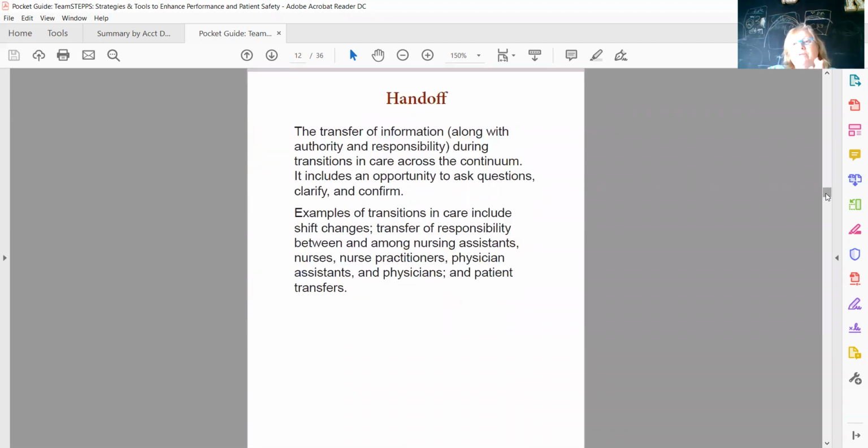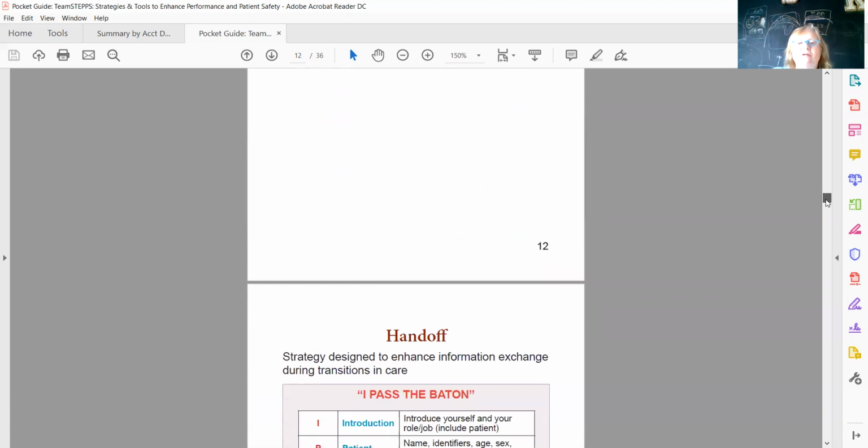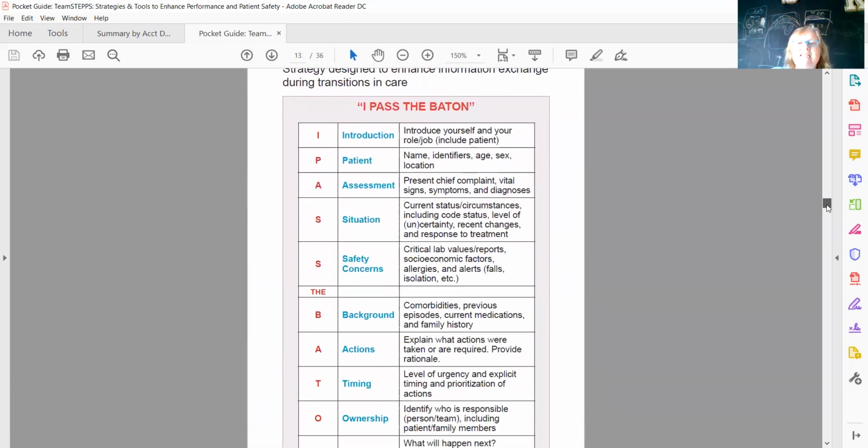Handoff. Now we talk about this really as transfer of accountability. So important that transfer of accountability, in this document they use the word responsibility, happens not only from RN to RN, it can happen from RPN to RN, it can happen from nurse practitioner to RN or physician's assistants. Now we have a growing body of physician's assistants, from physicians to nurses, from a variety of people. So handoff is critical. And in this document, I'm going to let you read it, but they use a really great